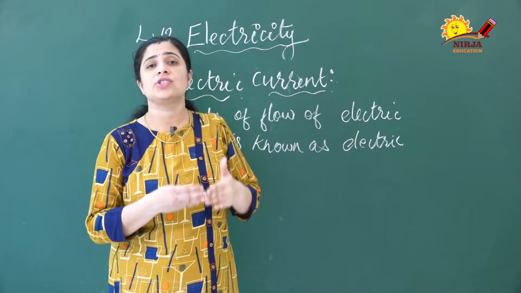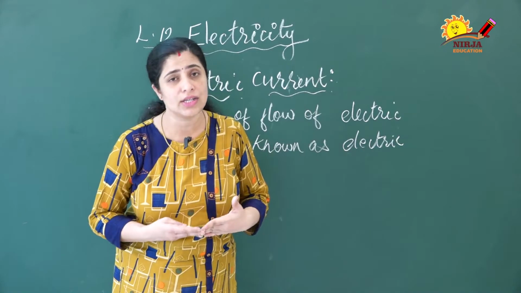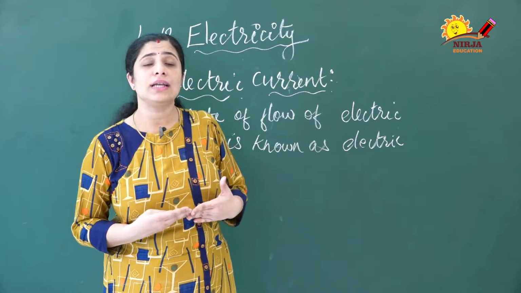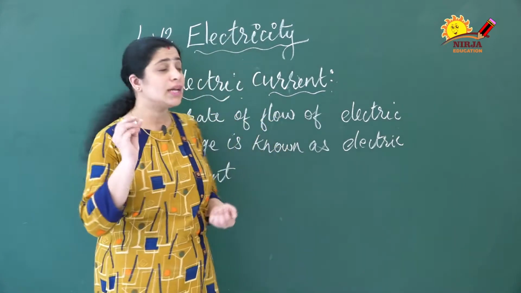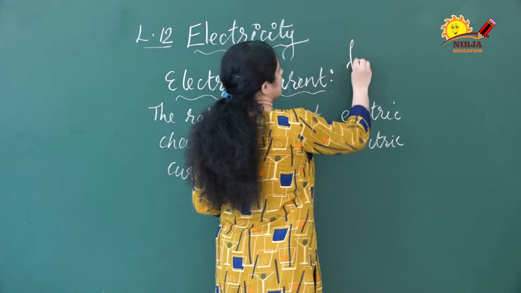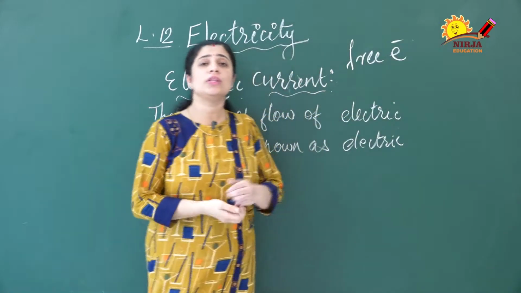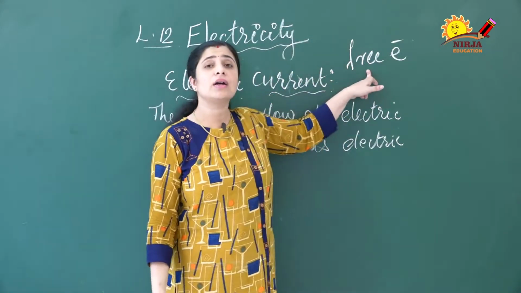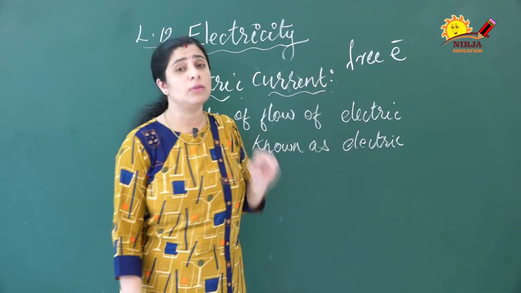You know that a conductor is what conducts electricity. Insulators do not conduct electricity. So to conduct electricity, what is necessary? Already you have learned that, that is free electrons. In conductors there will be free electrons. Due to these free electrons, the metals are conducting electricity. How do these free electrons come in the metals?